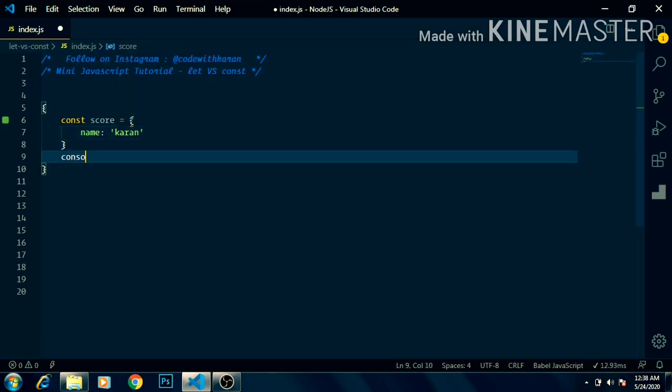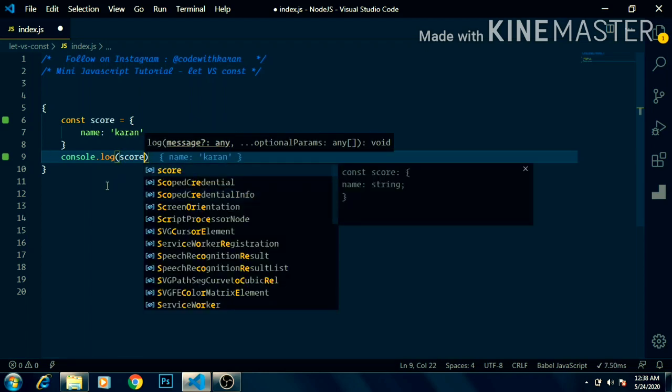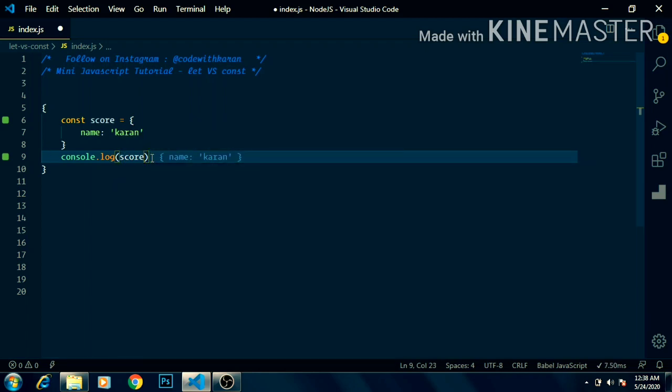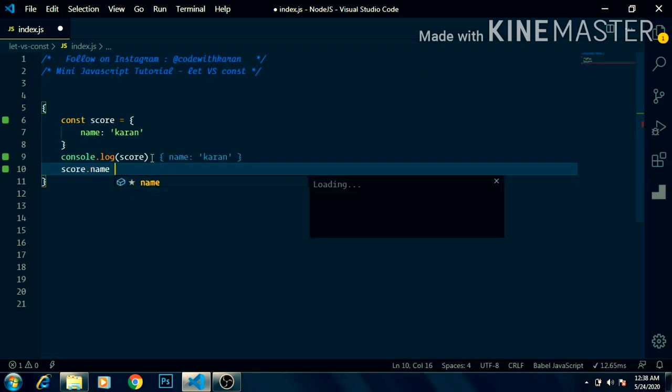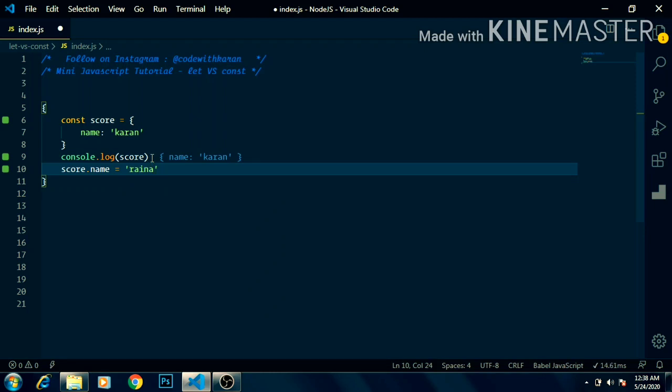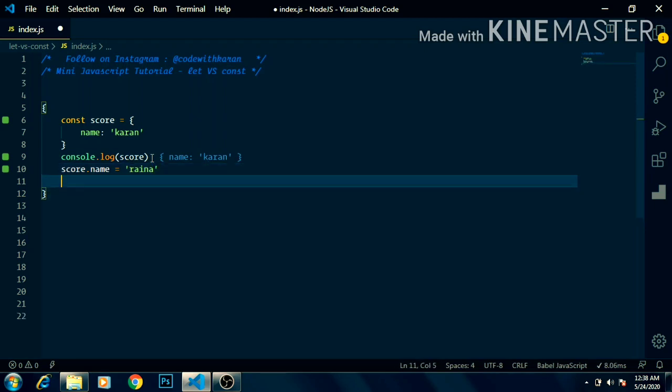So if score is an object with a property name whose value is current, I cannot reassign the variable score, but I can change the value of a property inside score. So I can write score.name is Rana. So the value for the name property is Rana, and logging the variable score will give me the new value. So const does prevent the reassignment of a variable, but doesn't actually prevent the mutation of the existing object.